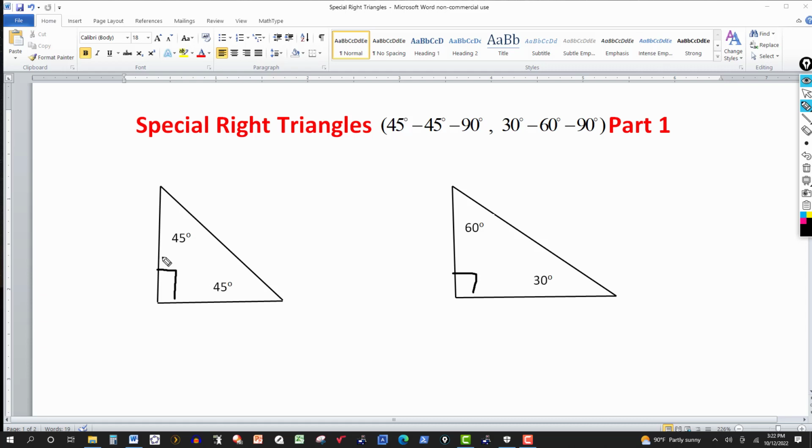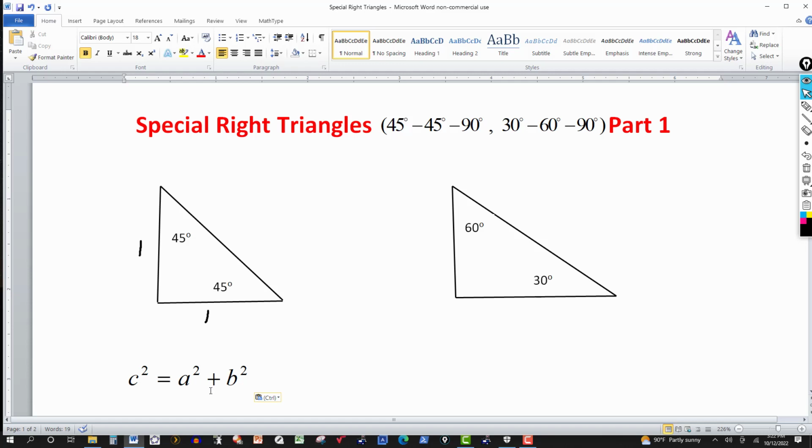So it should be clear that this side and this side have to be the same measure. This is a right triangle, but it's also an isosceles triangle because the base angles are 45, so that tells me that these legs of the triangle have the same measure. So if I make this a 1 here, I can go 1 unit over, 1 unit up. For isosceles, I can pick any values I want, and then I can find a third side here using the